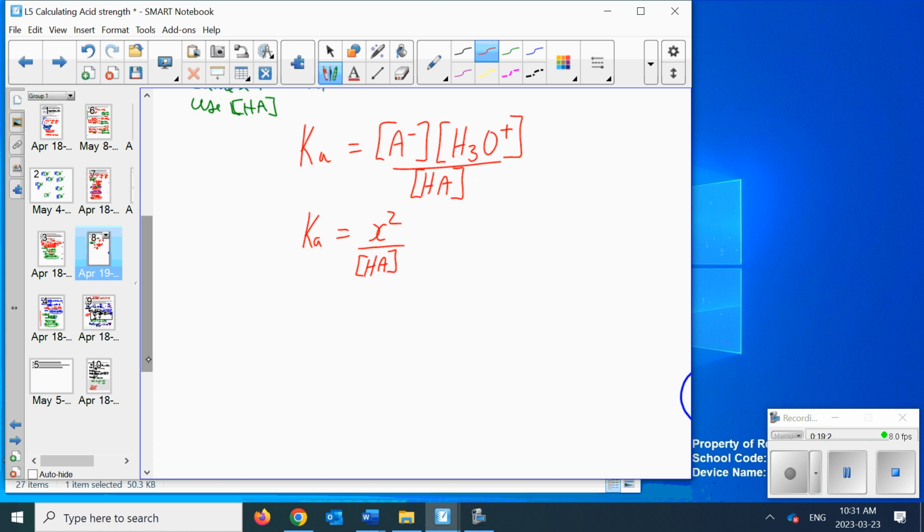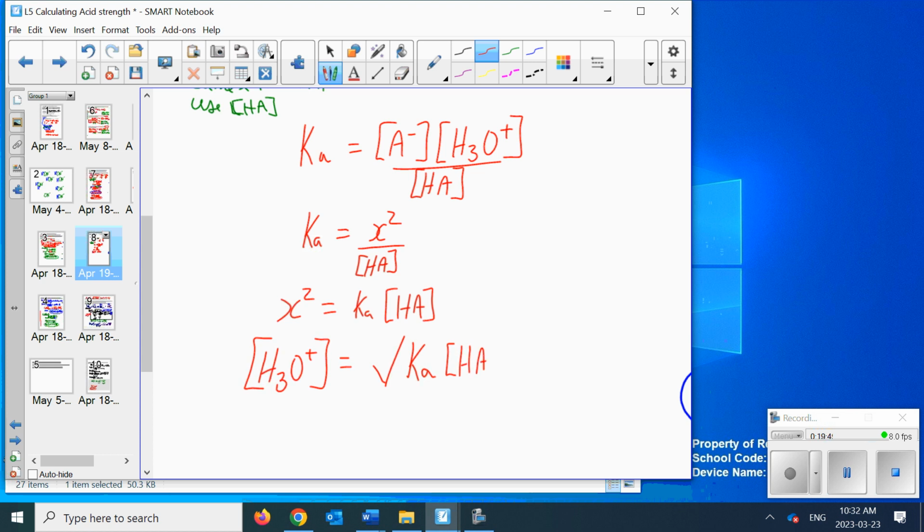This is what we did with numbers. We know that X squared is equal to Ka times the concentration of the acid. We know we have to do the square root, and the square root will give us the hydronium ion concentration. This is our shortcut. But it's only